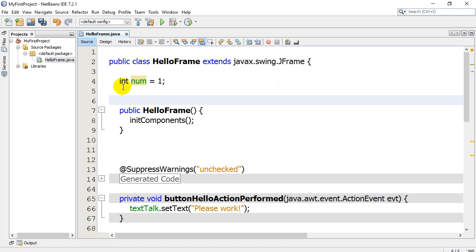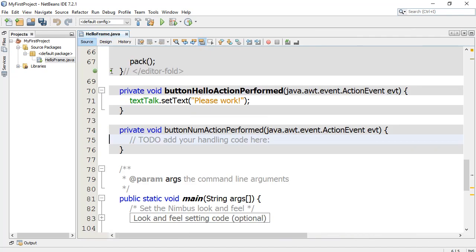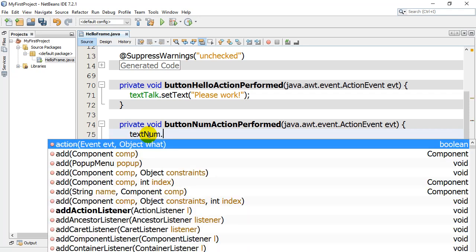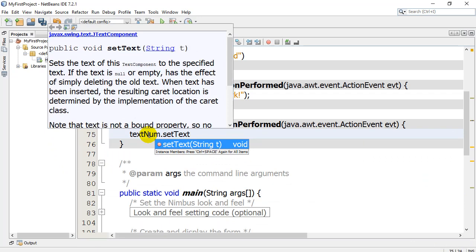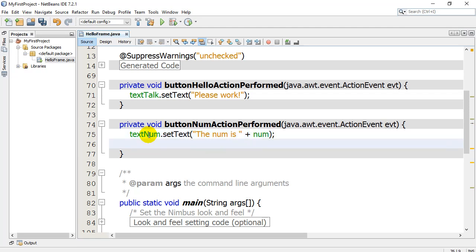Let's give it a go and test it out with the button. So let's go back to design view. Let's click the num button, double click, and I don't know why it doesn't take us right there, but here's the code for when button num is pressed. I type some code in here, and what I want to do is I want to type the code that'll show the number in the box. So here we go. Text num, that's what I named my text box that I created. Please access your set text method, okay, a pre-written chunk of code, and let's write the num is,